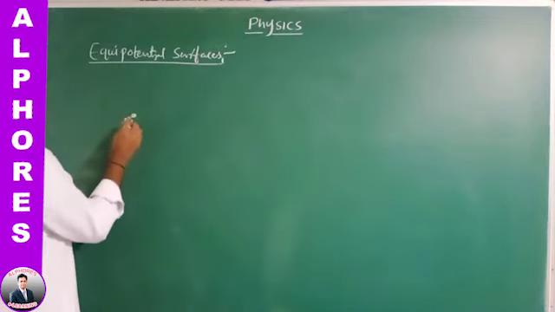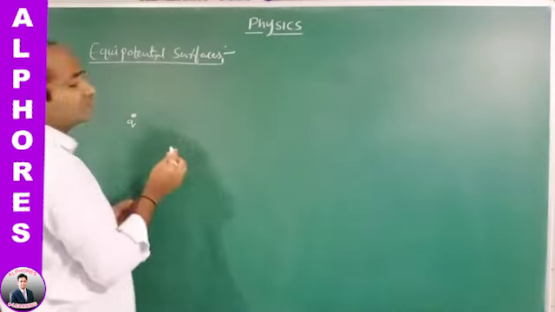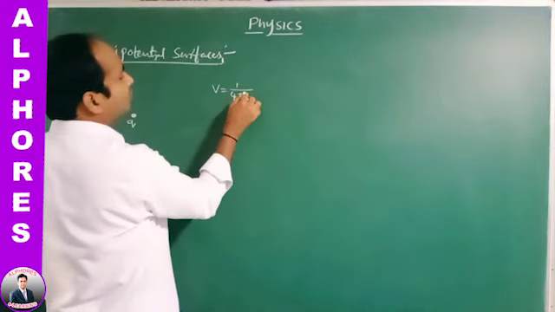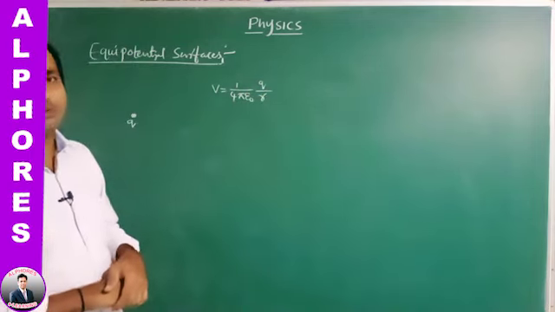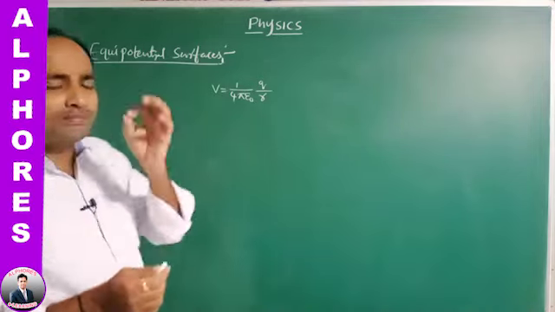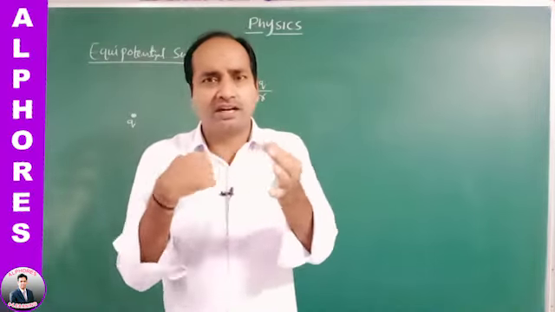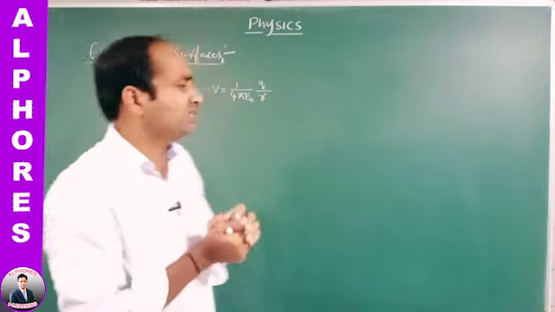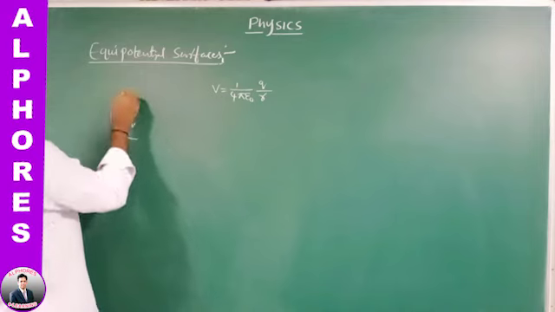For suppose this is one point charge kept at any point in free space. What is the expression for potential due to a point charge? We know that V is equal to 1 by 4 pi epsilon naught Q by r. This is the expression for potential due to a point charge. At a distance r from the point charge Q, at an equal distance r in three-dimensional free space, if we join all these points, it is spherical in shape. In case of an isolated positive charge,